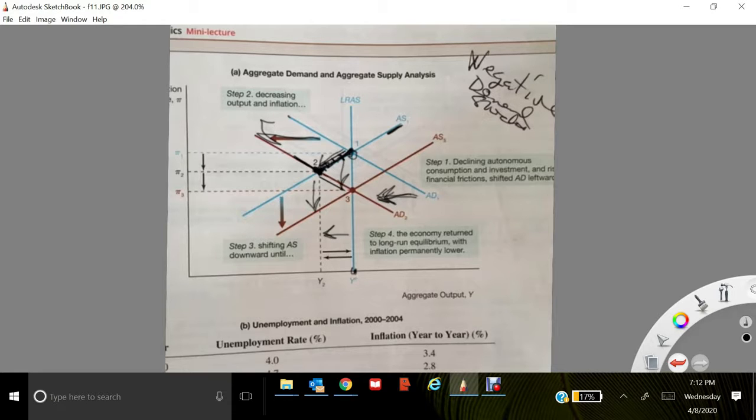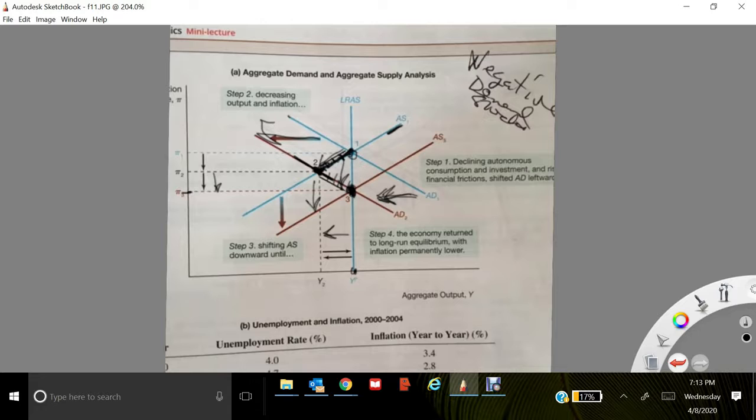Notice technically what that's going to do is trace out the new demand curve. So we're going to end up at potential output again, but the negative demand shock has resulted in a fall in the equilibrium inflation rate, which is not a bad thing,